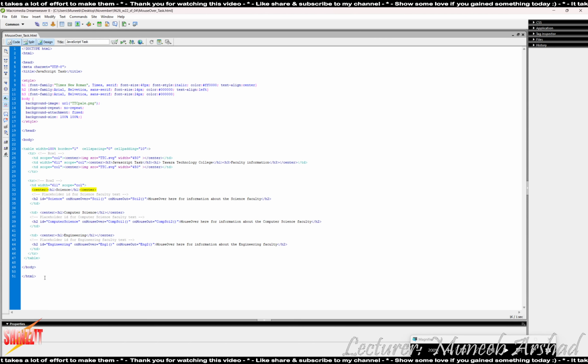Now let's write a script. We write script and we end the script. Look at this. I will add a one line comment: code for science placeholder. This is going to be the code for my science placeholder. The code is what? We are to display where? Over this ID. So we simply write